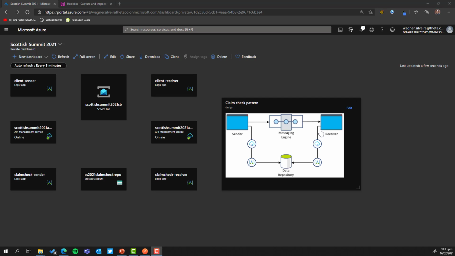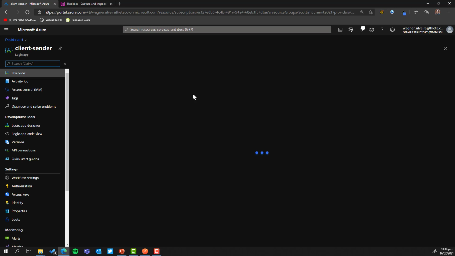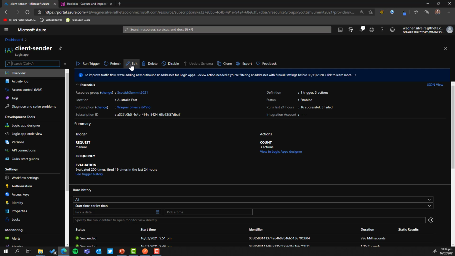And once the original message is back to the receiver, it would be processing that. So our client today is going to be represented by a Logic App called client sender. Our receiver is going to be represented by a Logic App called client receiver. So if you look at the client sender, for example, and take a quick look at what it does,